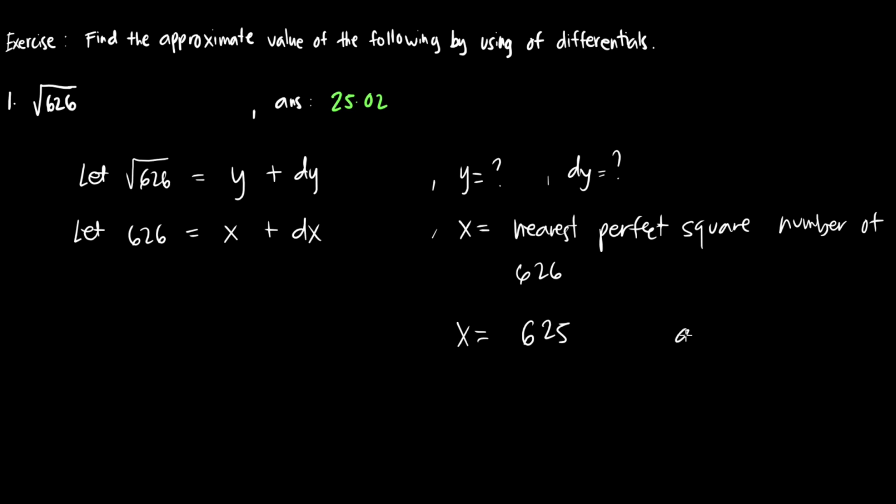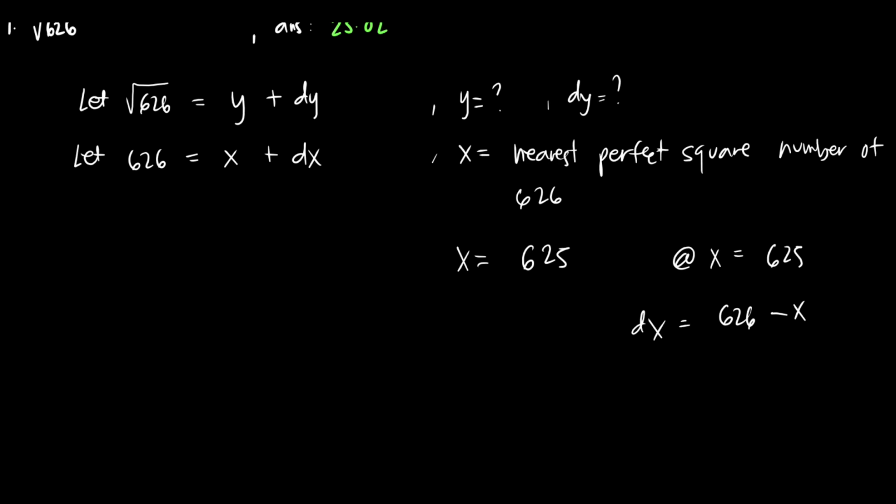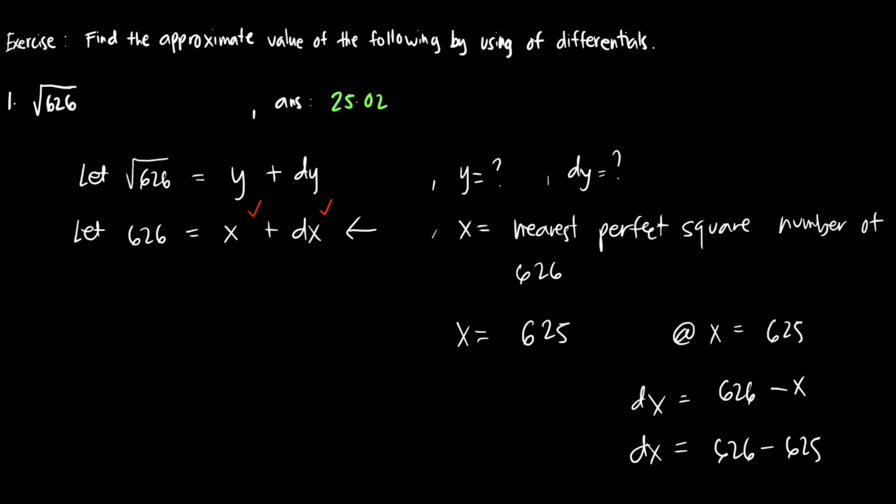So for dx, at x is equal to 625, dx is equal to 626 minus x from this formula. So dx is equal to 626 minus 625, so dx is equal to 1. So we have checked x and dx, right? Now to find the values of y and dy,